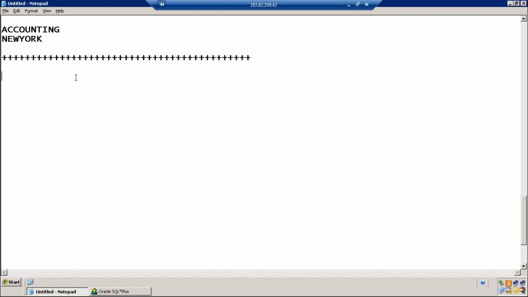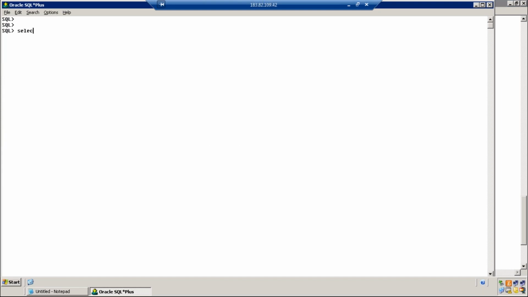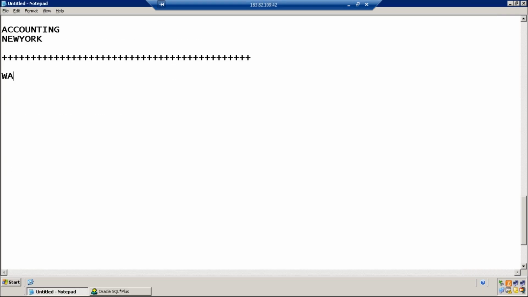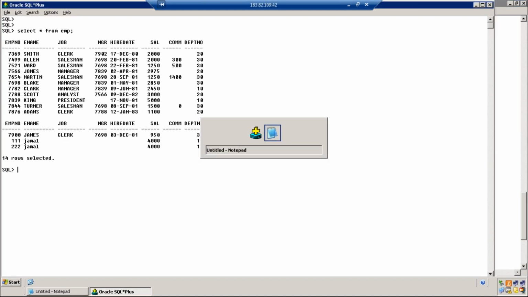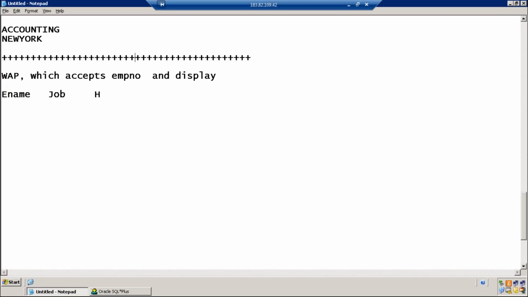Now we are learning to write a program which accepts an employee number and displays employee name, job, hire date, and so on.